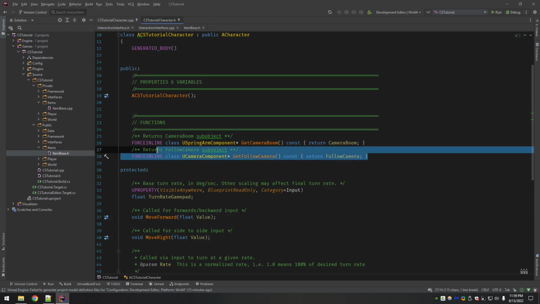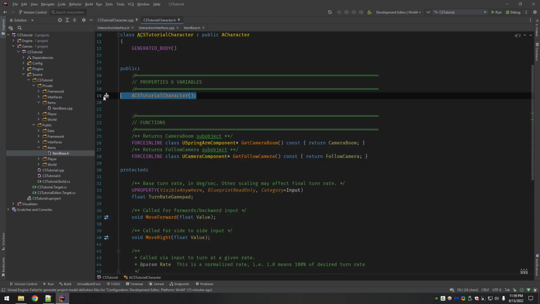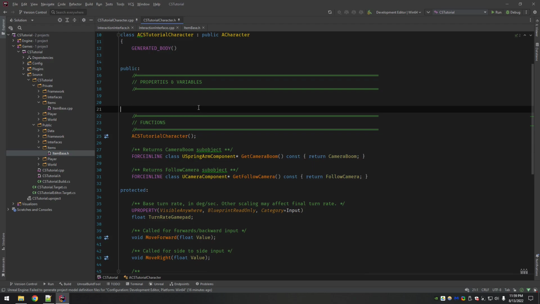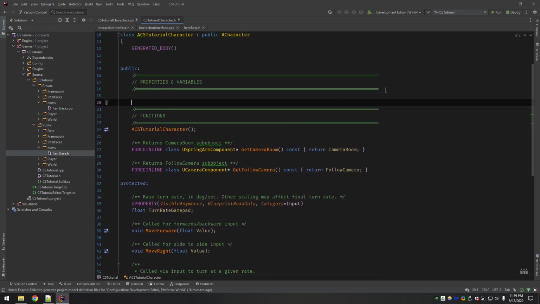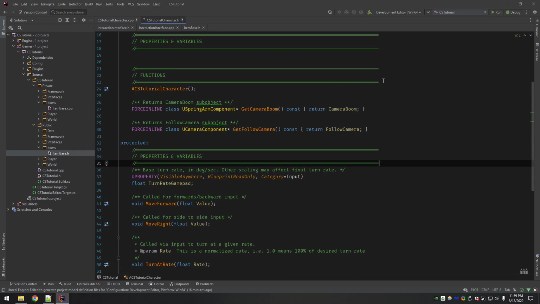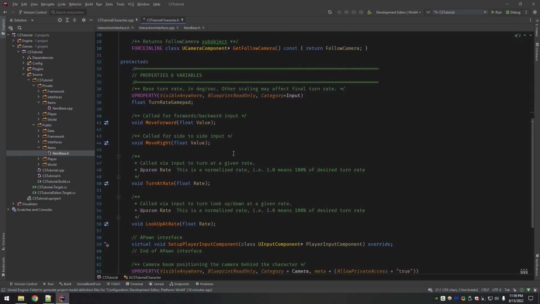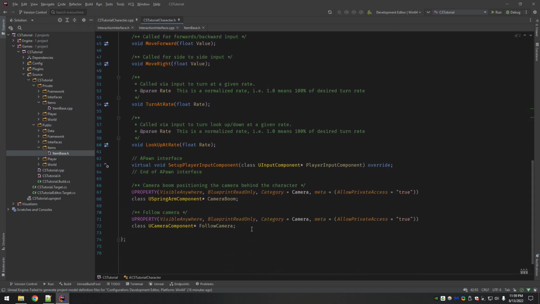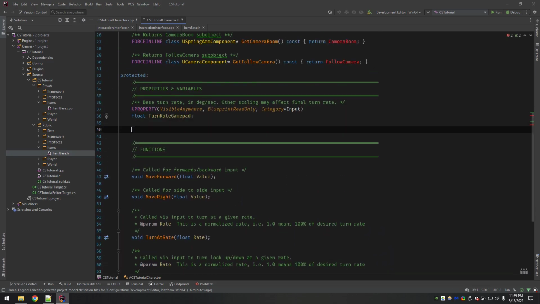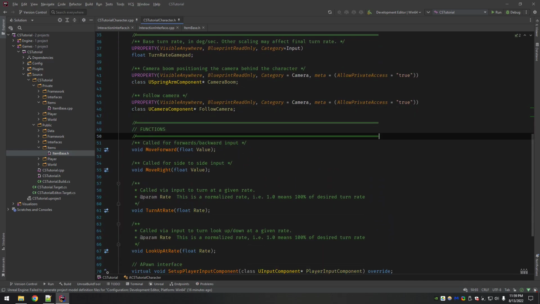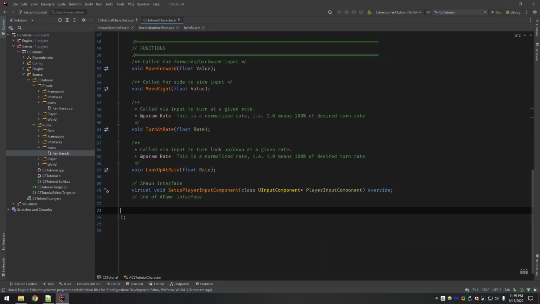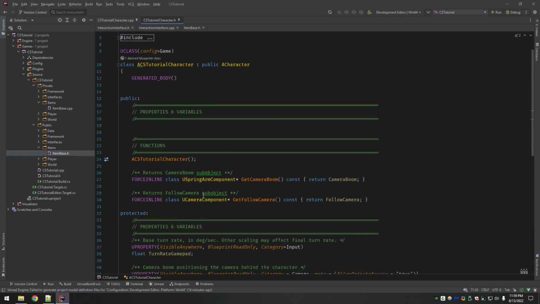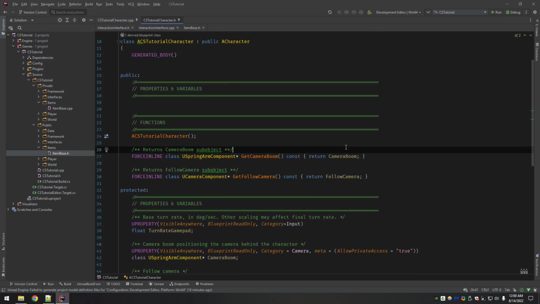Okay, so now we can move our, okay, no, these are getter functions, they're good. Move this guy down. Clean it up, all right. And do the same thing for the protected section. Turn rate, functions, everything down here is a function. Nope, not these, okay. Okay, again, completely up to you if you like to do this. I find that now it's so readable, right? Here's my public section, variables, functions, protected, variables, functions. Okay, so